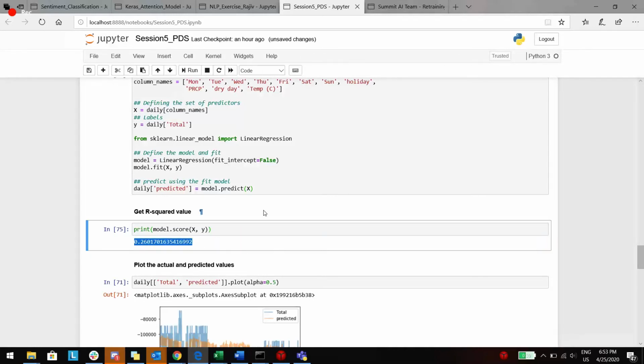It is 0.26. So like we discussed in the earlier class, this means that my predictors are only able to explain only 26% of the variance in my dependent variable. So that is not something which we are looking forward to, but we need to have better variance explained by